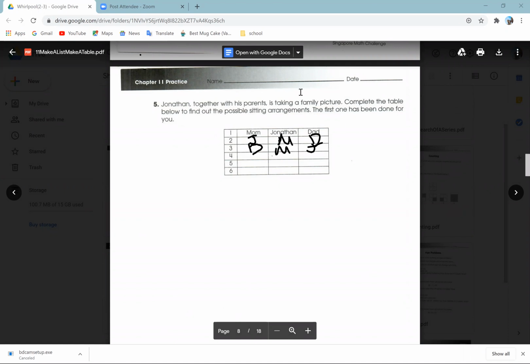Okay, so now each one of them is in the front. Now make sure each one of them is in the back. So J, D, M, right? So we have that, right? And then make sure all of them are in the middle. So the only one I don't see in the middle is Jonathan. Oh wait, no, Jonathan's in the middle. So we have mother, Jonathan, dad. We have Jonathan, mother, dad. Do we have Jonathan, dad, mother? Yes, we do. Do we have dad, mother, Jonathan? Yes. Do we have